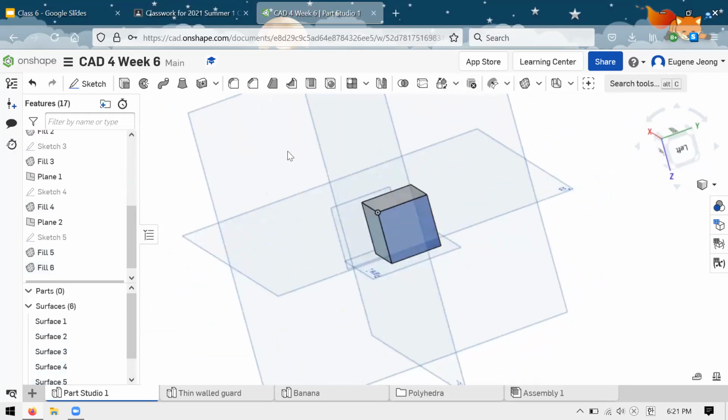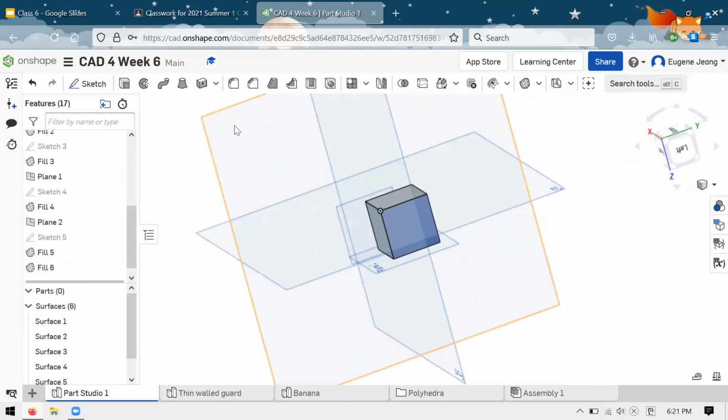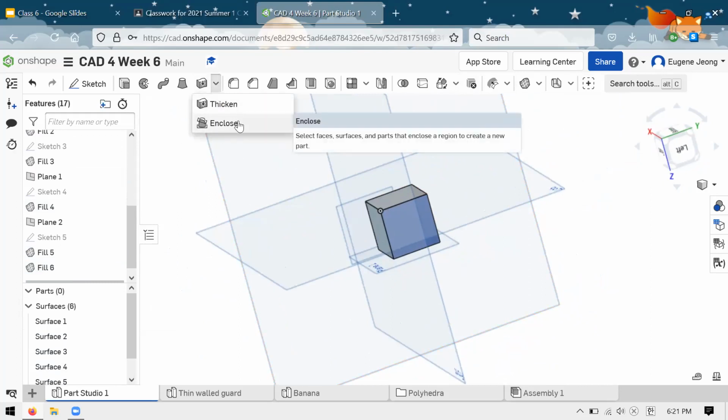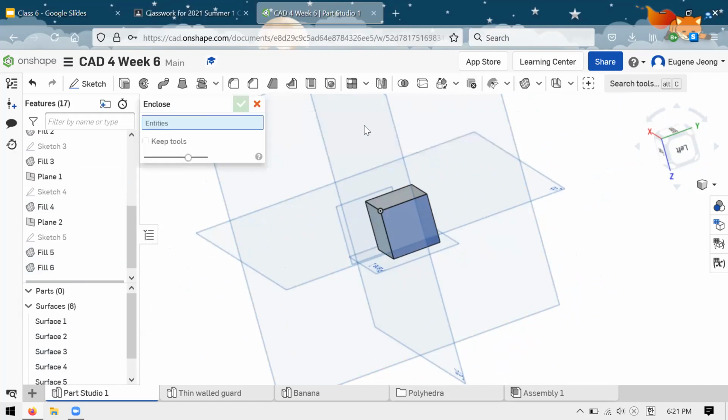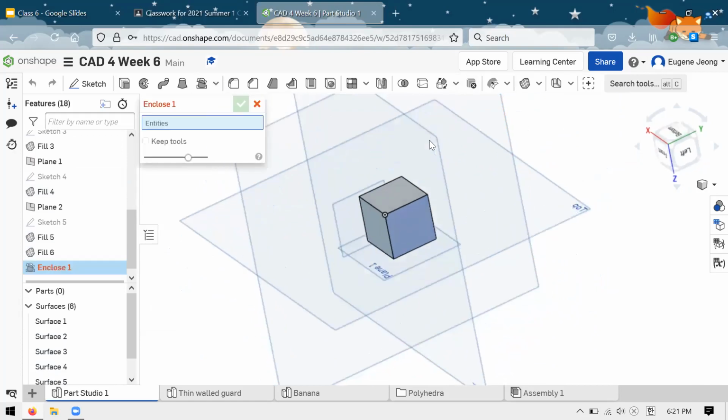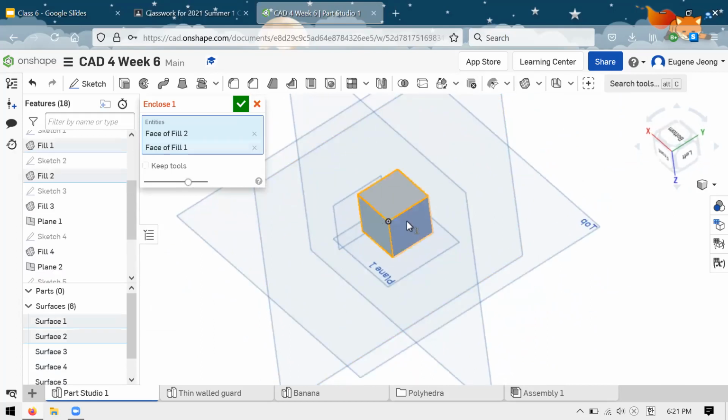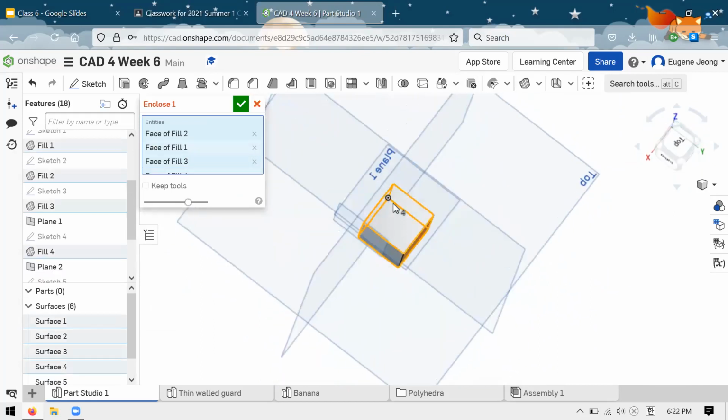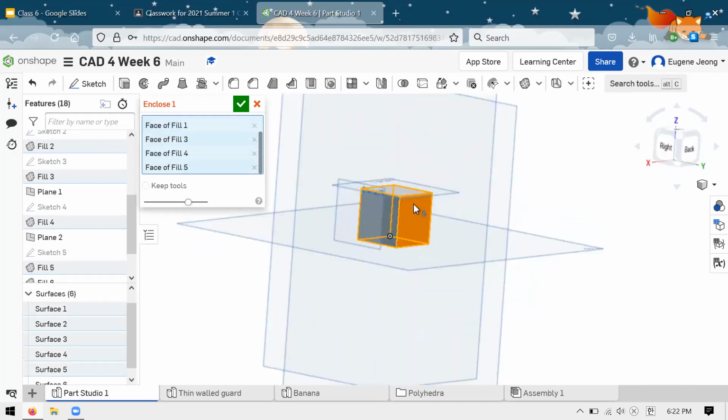So right now, nothing is solid. I don't have any parts yet, as you can see on the left, but I do have 6 surfaces. And what I can do now is use this new tool called enclose. So let's say that you've had a set of surfaces that fully contain a volume with no gaps or breaks or holes. You can use the enclose tool. And if you select those surfaces that together enclose a volume,